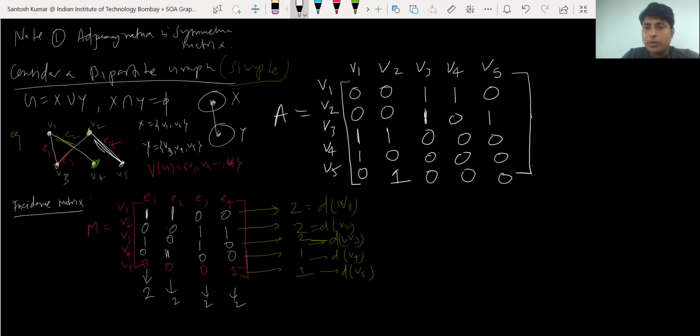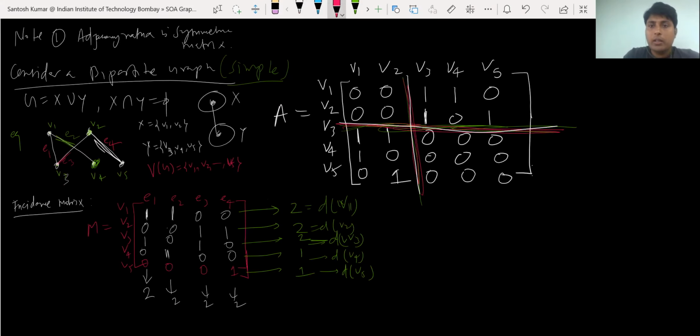So I would like to take your attention on this. So if we partition the matrix like this, what do you notice? Actually, one thing you can notice first is it is a symmetric matrix. I told you already, every adjacency matrix is a symmetric matrix. Okay. So now we can partition this matrix into subparts, or we can say blocks. So we can partition this into blocks, partition of a matrix.